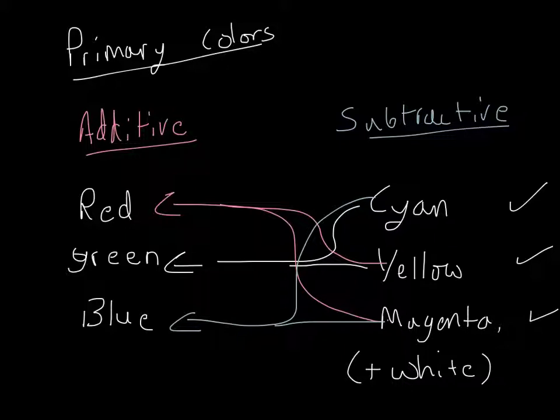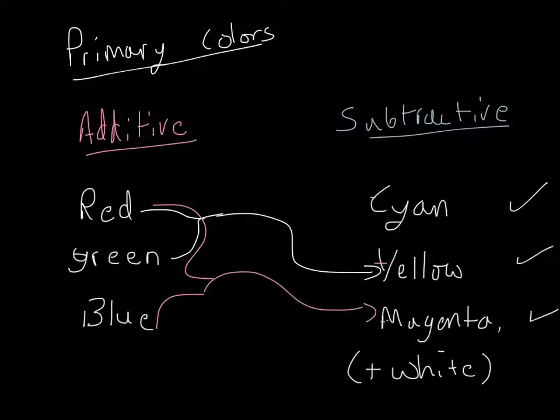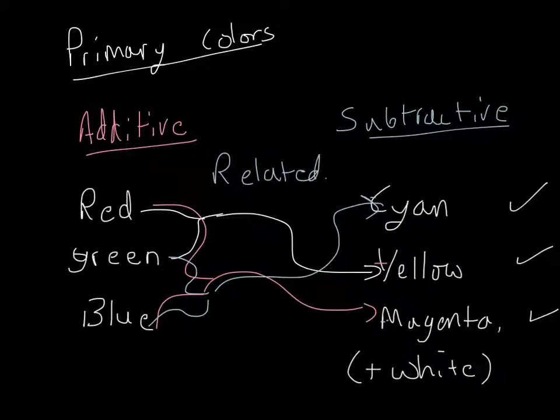We could also look at it in the opposite direction. Let's start combining additive colors. So if we put red and green together, we're going to get yellow. If we take red and blue together, we're going to get magenta. And finally, if we take green and blue, we get cyan. Okay? So these colors are related, and you can see the relationship there. You can scroll back a little bit on the video and you can see the opposite relation with our subtractive colors. So your TV can get any colors that your paints can get. You just need to start at a different spot.